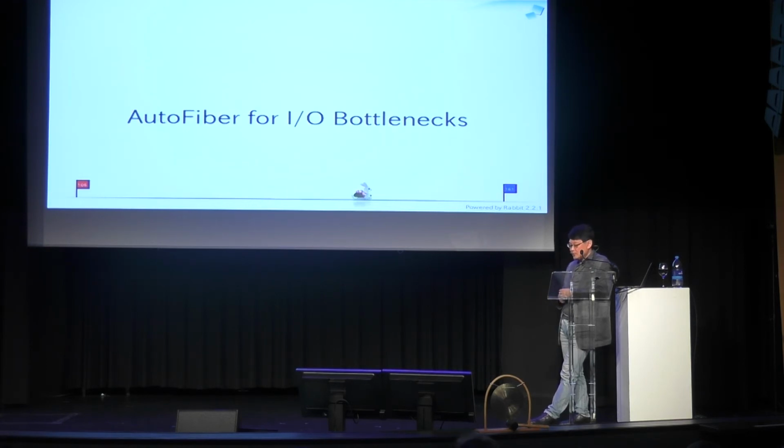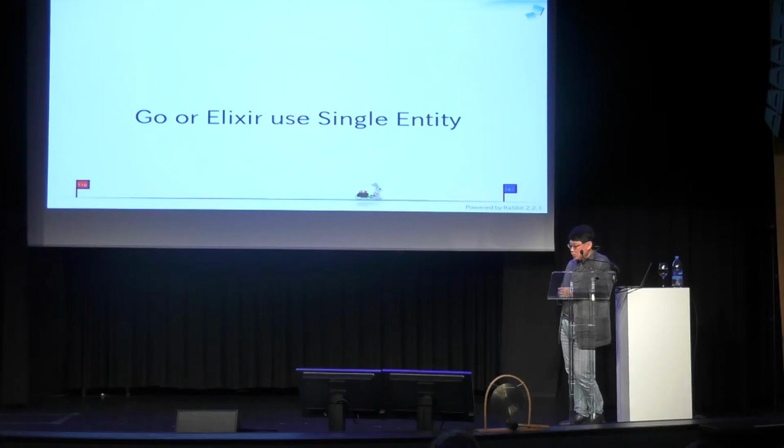Autofiber is to resolve the I/O bottlenecks. They are easy to use, easy to debug, and easy to perform. Go or Elixir use a single entity, like goroutines in Go or processes in Elixir and Erlang. But we have